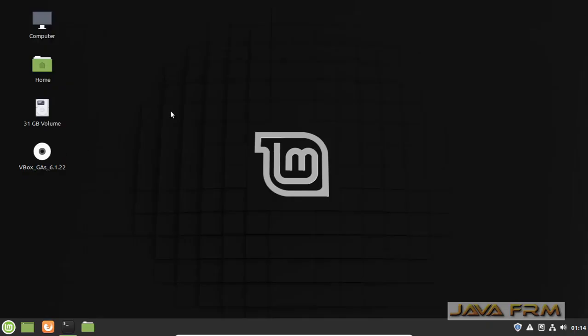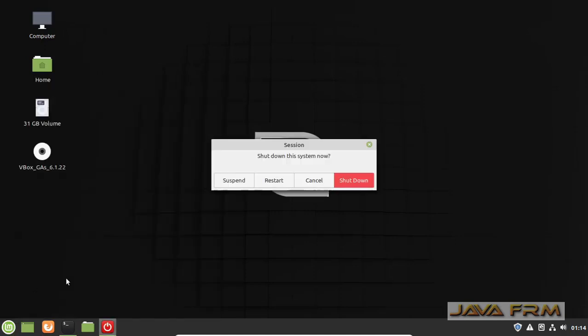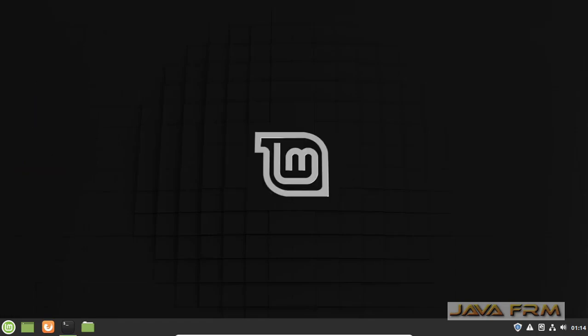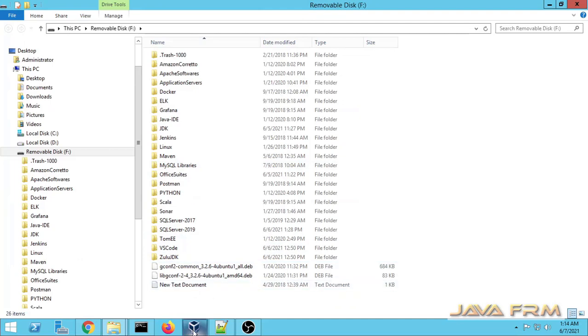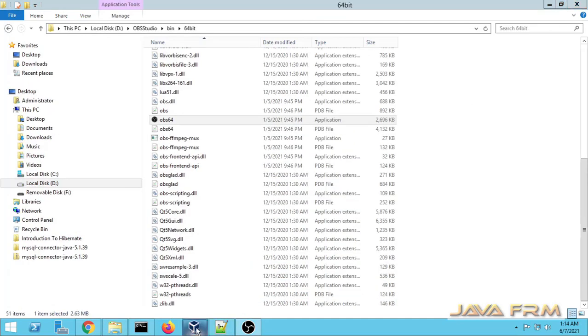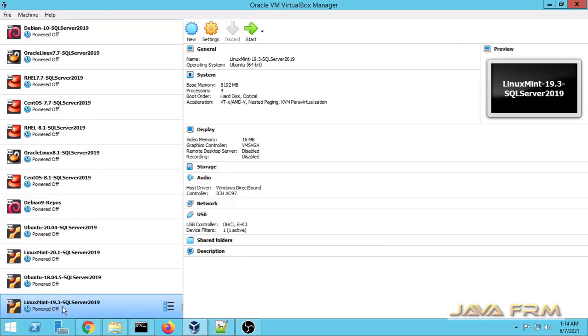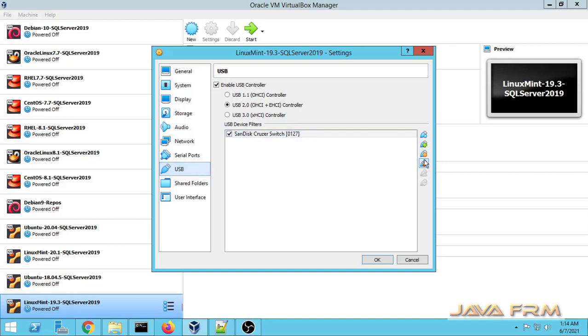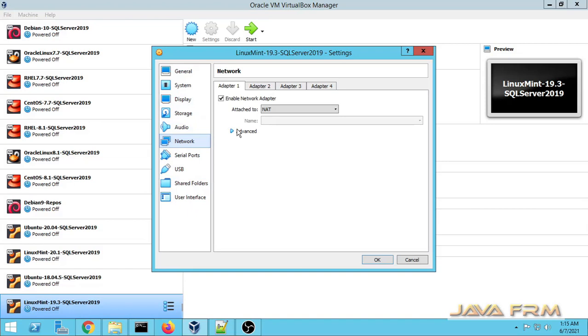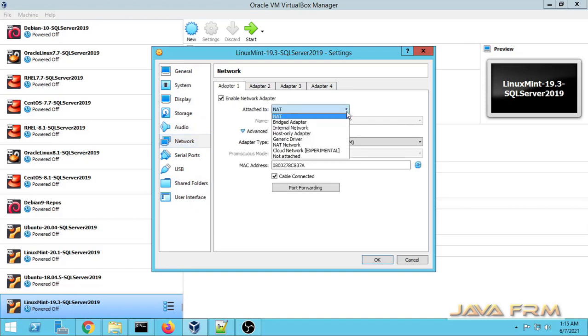Make sure that you have installed the dependency correctly. So I have used Ubuntu 18.04 Debian packages which are 100% compatible. So now I am shutting down Linux Mint 19 because I am going to take the database offline, which means I am going to disconnect from the internet. I don't want the internet now because all dependent packages got installed. So the database will be available within the network only.